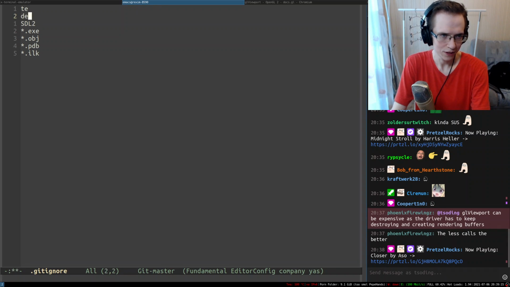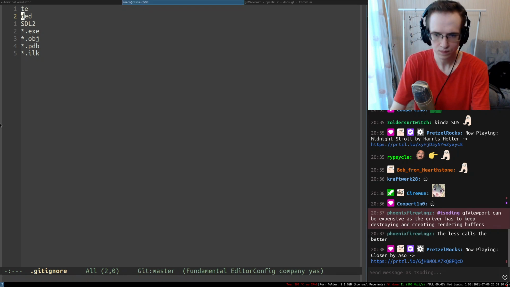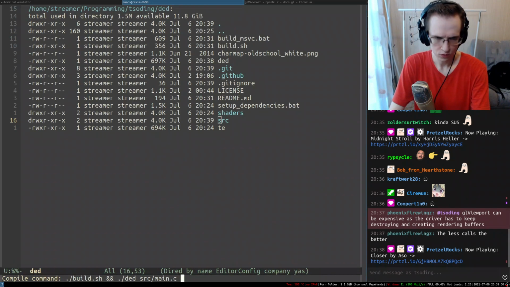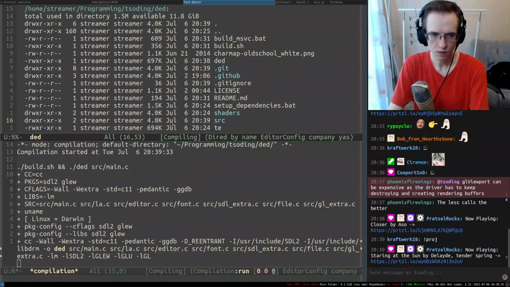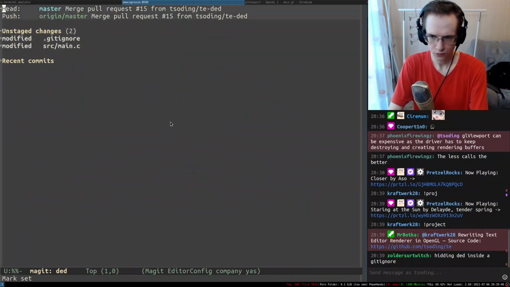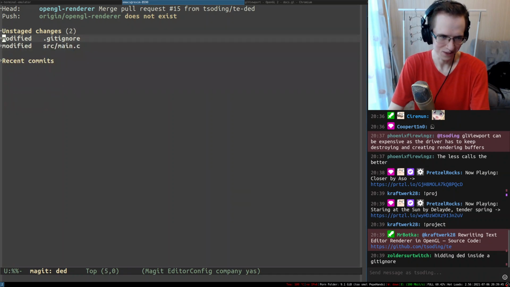So that's a little bit better, and I really like that. So this is the first thing, OpenGL renderer. I did that inside git ignore, yes, exactly. That's what we're doing.